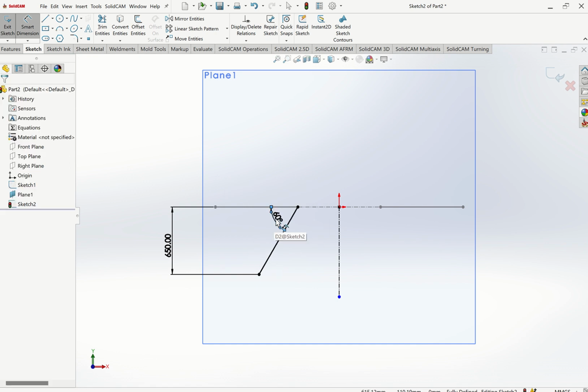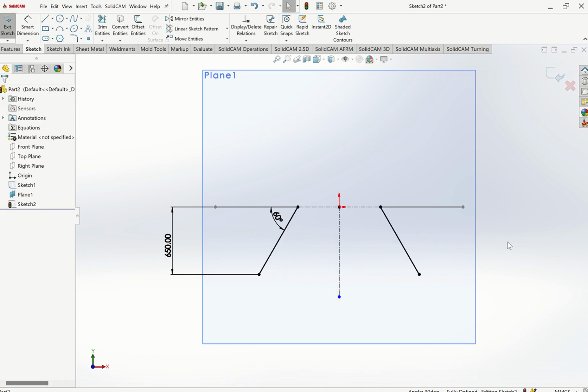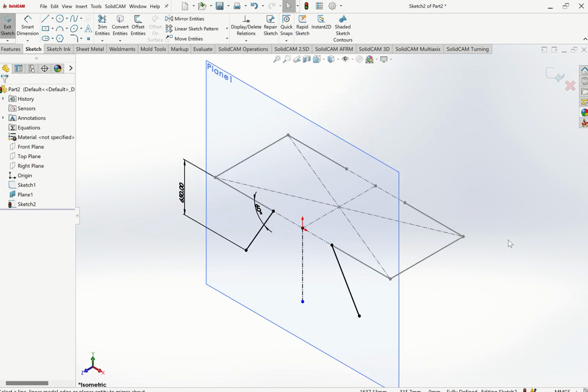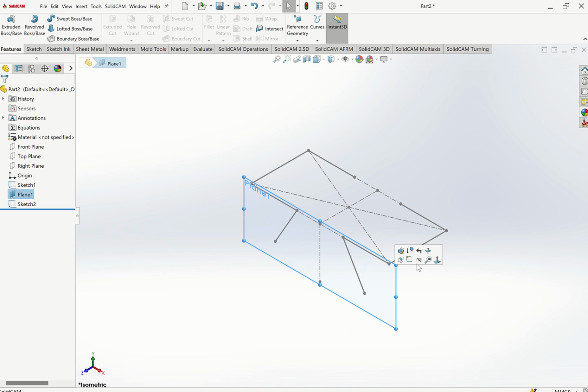60 degrees is okay. We can mirror this one, this one. You can mirror about this one. Okay. After mirroring, control 7. This is what we get. So exit this, then we can hide this plane, then this sketch,